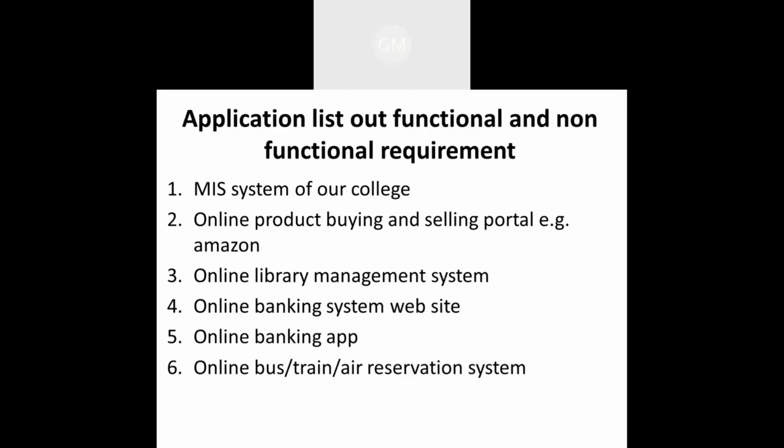Then the functional and non-functional requirements for the MIS system. Functional requirements are there. For example, the higher authorities like MIS in charge, HOD, teacher have the highest authority, and the number of modules they can view and see is larger compared to the students. So they have distinct types of users and the functionality which is provided. Features, product features, that you need to mention, come under the functional requirement.